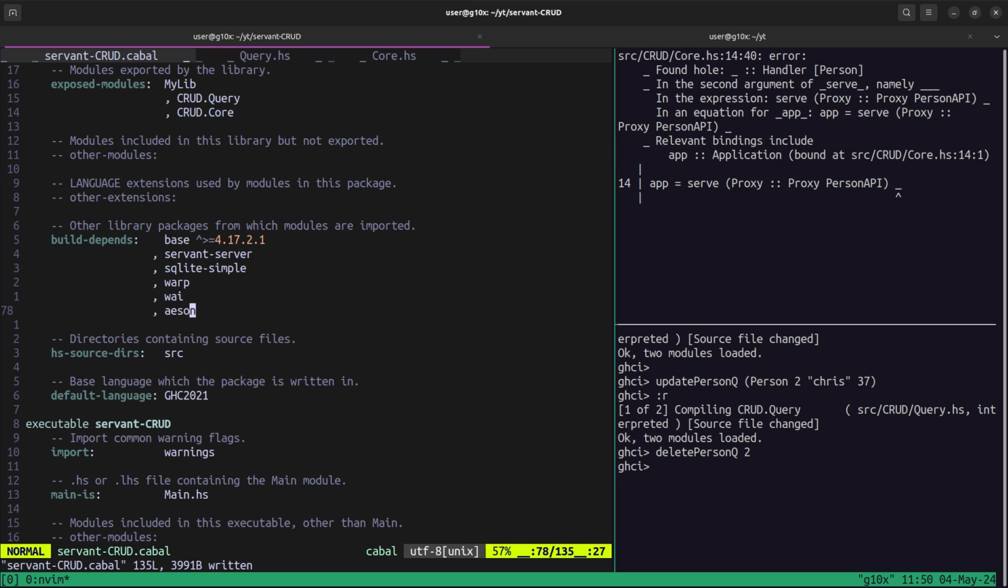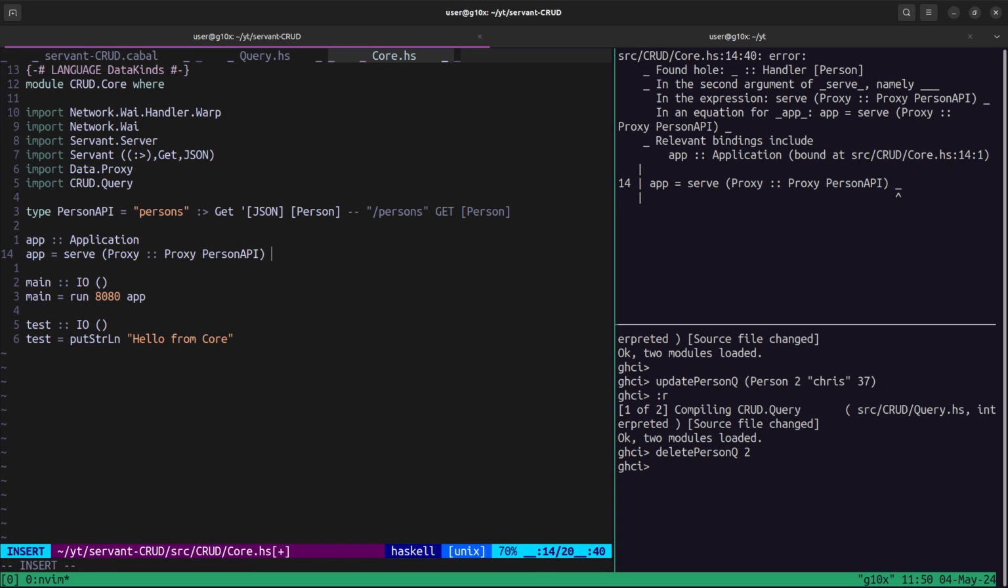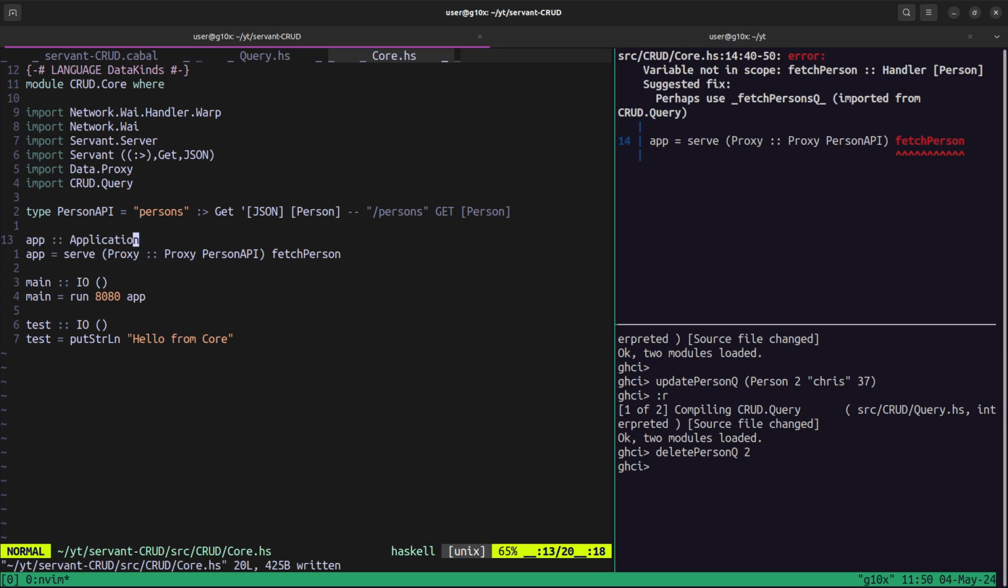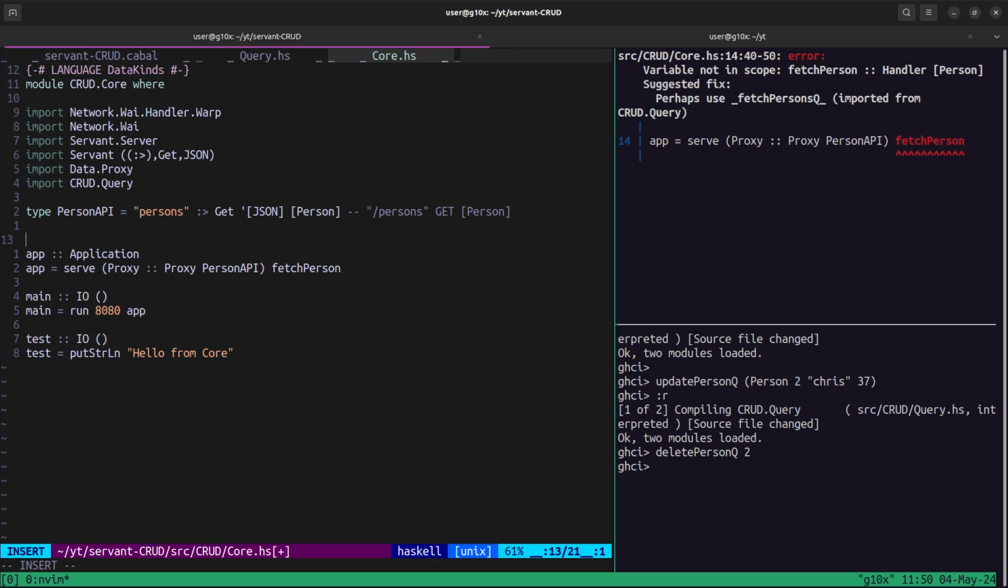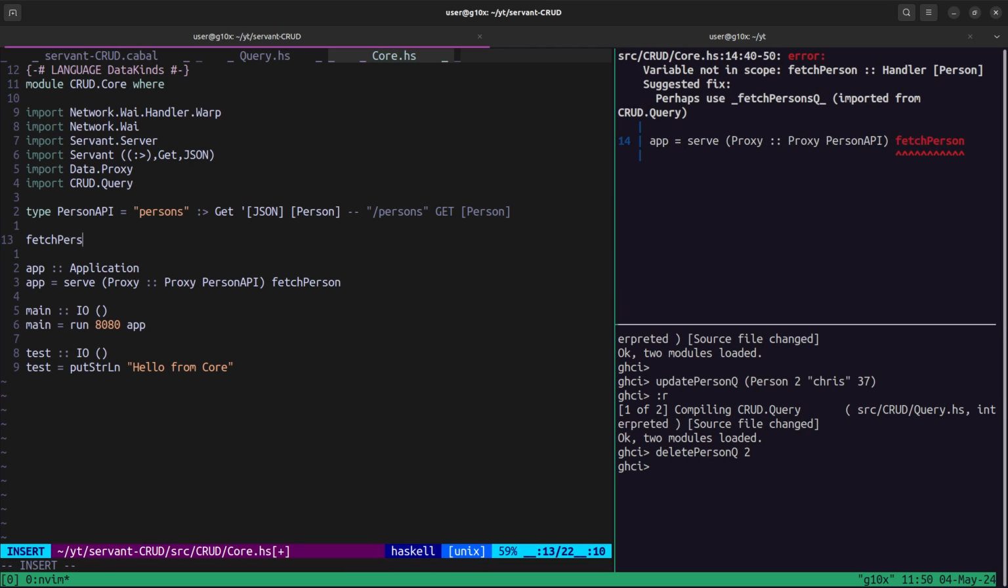Okay, all good. It is saying that it has found a hole called handler person, so we need to write a function. Let's call it fetchPerson. It is saying fetchPerson does not exist, so this fetchPerson will work with this person API route, and it is going to fetch us the